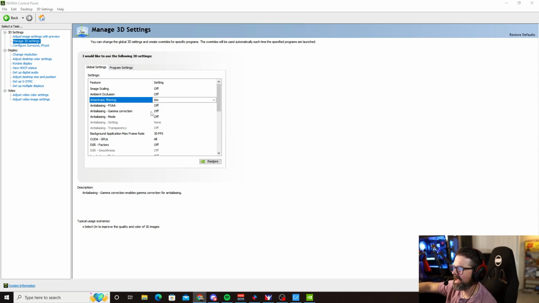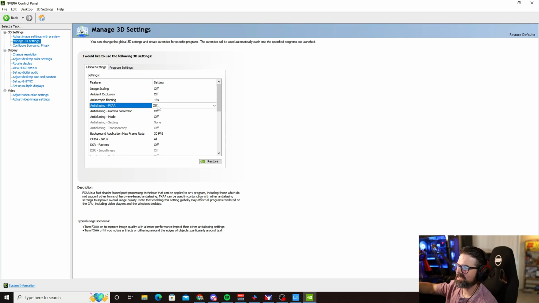Anti-aliasing FXAA, what we're going to do is leave this off, okay? iRacing has FXAA and then SMAA in their system. If you start using the graphics control panel AA and then the application AA, there can be some issues where you have conflict and problems with things. And so you want to make sure that you're not doing stuff that's going to conflict and cause issues, okay?